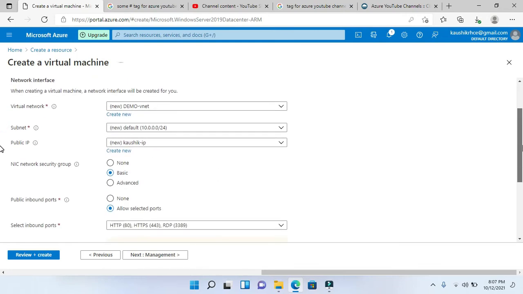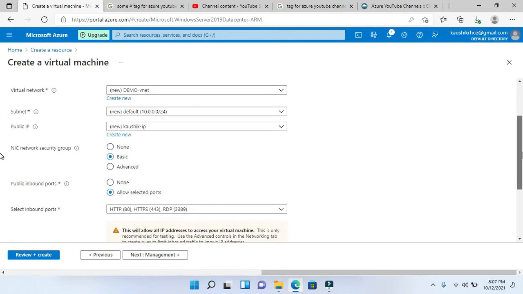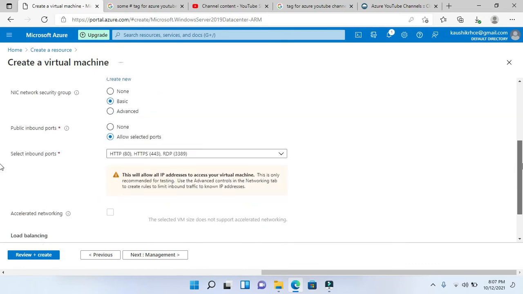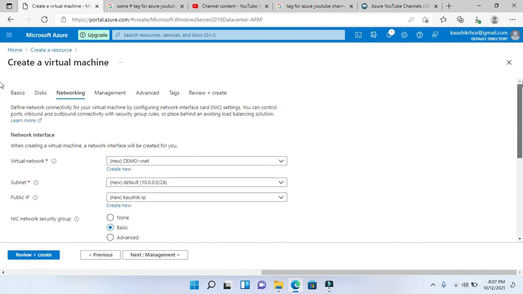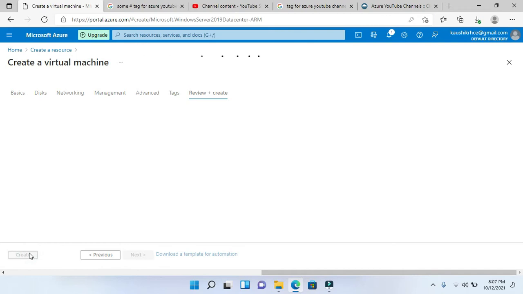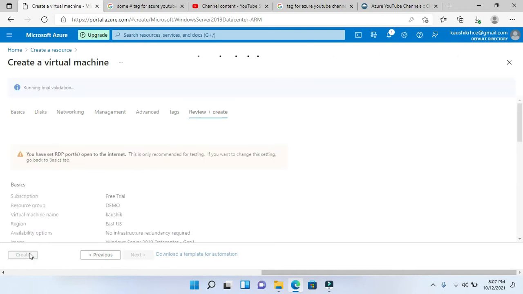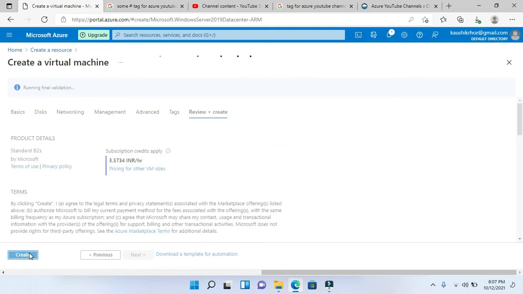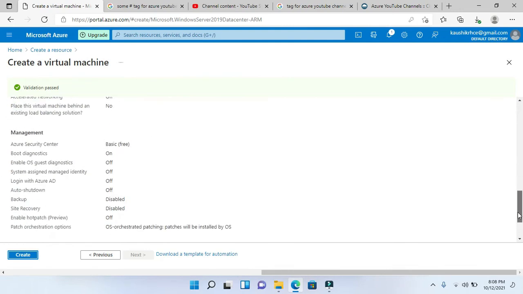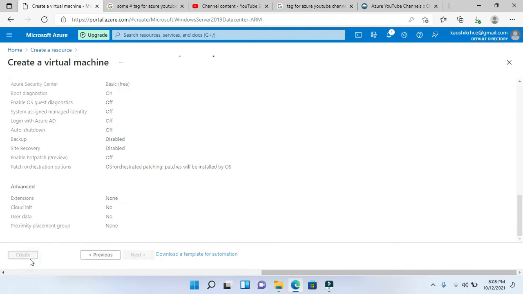Here you can see automatic IP address, default IP address, and public IP basic. It says automatically selected, and you can modify it as per your recommendation. Create and review. If I click on create, it will take a second to complete these particular steps, and after that your VM is ready in your hand, or you can say your instance. Just a second, guys, you can see the progression is going on. Now validation has passed. So these are the steps, and here I need to click create.